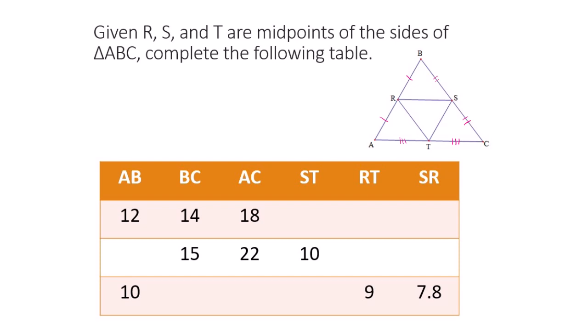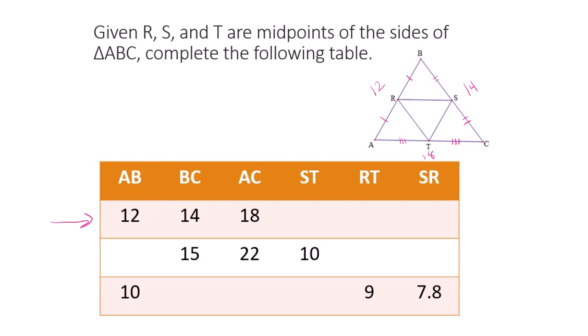So each of these rows is a different scenario, right? So let's start with the first row. So here AB is 12, right? I'll have to erase some of this stuff here in a minute. So AB is 12, and BC is 14, AC is 18. Okay, so then that means that